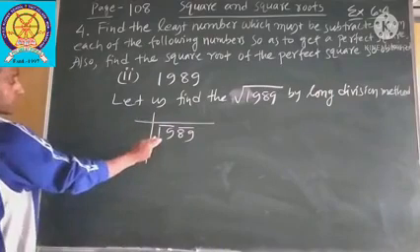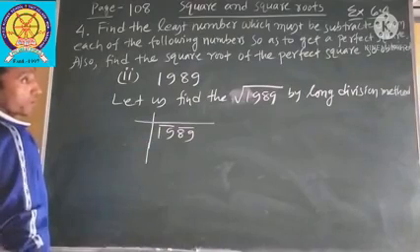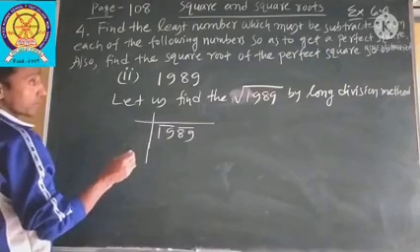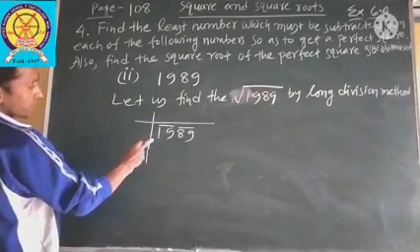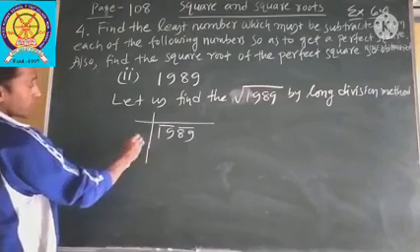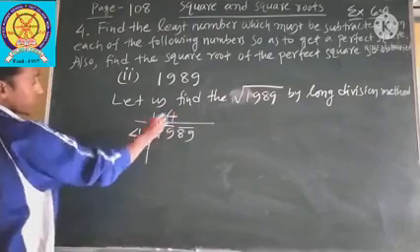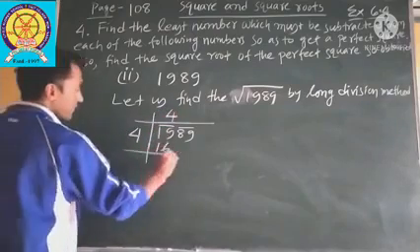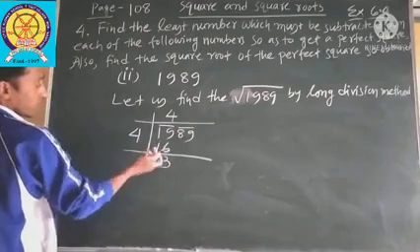First, you have to find the number for 19. We know 5 fives are 25, and 4 fours are 16. Can you give 5 times? 5 fives are 25, and 25 is greater than 19. So we will give 4 times. 4 fours are 16. Now 9 minus 6 is 3. 1 minus 1 is 0.